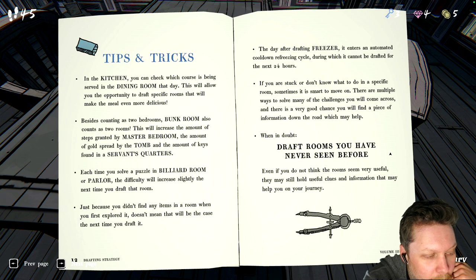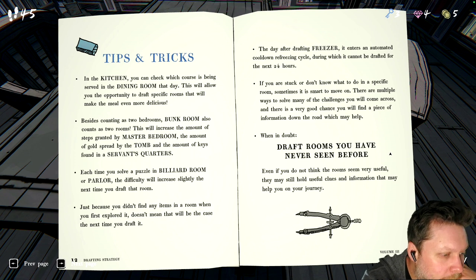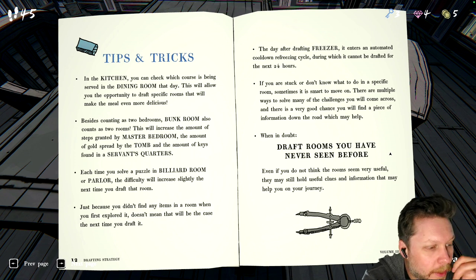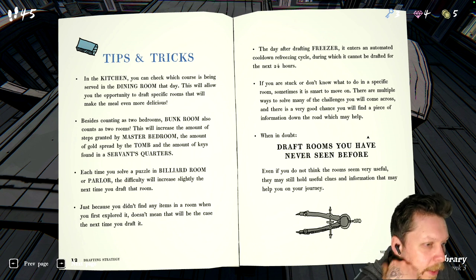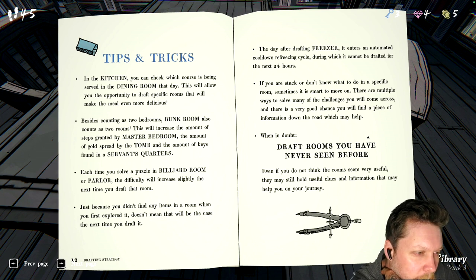That wasn't true for parlor this time around, but I have noticed that in the parlor. The billiard room is getting a little more complicated too. Just because you didn't find any items in a room when you first explored it doesn't mean that will be the case the next time you draft it. Yeah, that's right. So that changes. Day after drafting freezer, it enters an automated cooldown refreezing cycle during which it cannot be drafted for the next 24 hours. If you are stuck or don't know what to do in a specific room, sometimes start to move